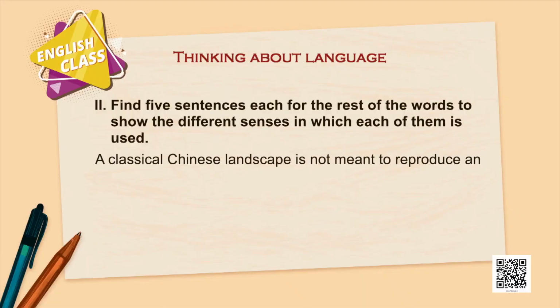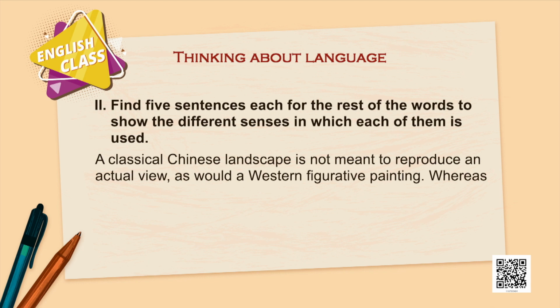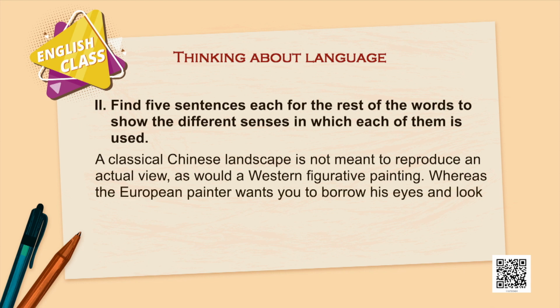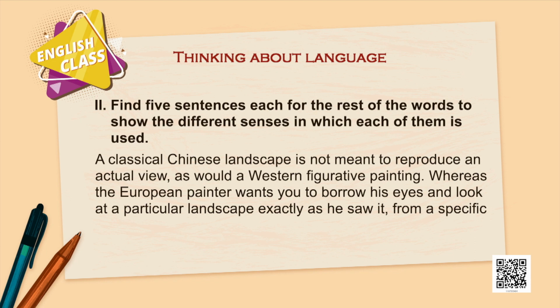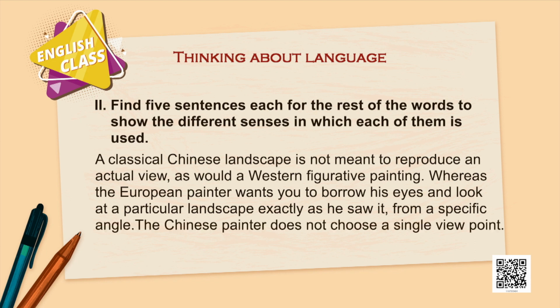A classical Chinese landscape is not meant to reproduce an actual view, as would a Western figurative painting, whereas the European painter wants you to borrow his eyes and look at a particular landscape exactly as he saw it from a specific angle. The Chinese painter does not choose a single viewpoint. So, these are some of the examples from your text